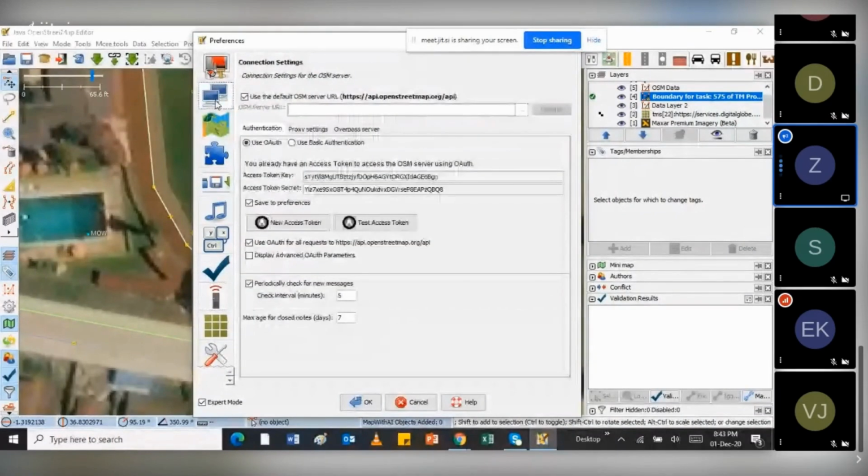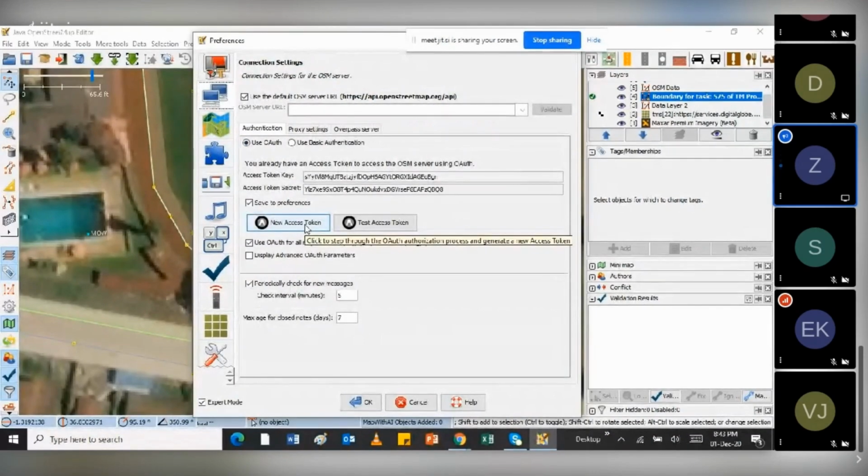Then the other thing maybe I forgot to mention is if it's your first time, it's also good to sign in. To sign in, you just come to a new access token. Then it will ask you for the ones that you used to create an account for OpenStreetMap.